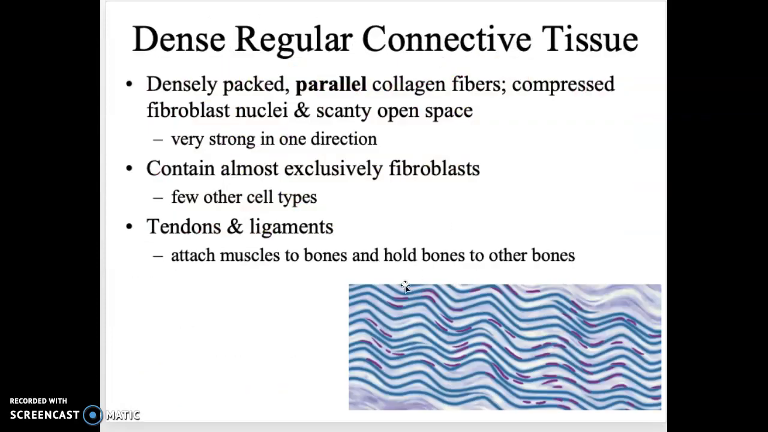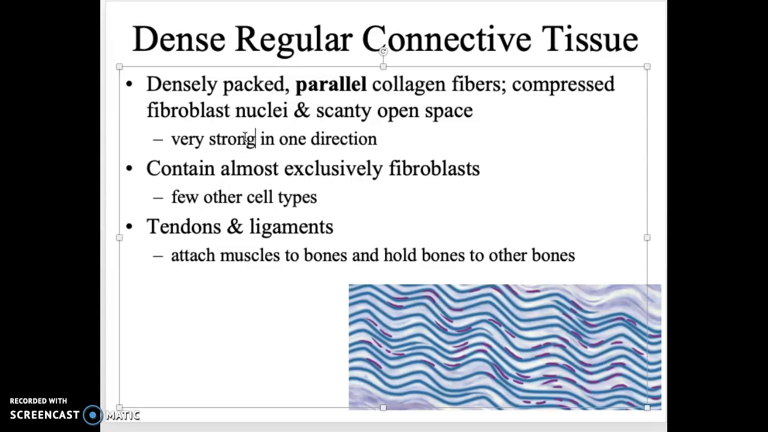Dense regular is nice and pretty, parallel running lines. This allows for a lot of strength. So this is what we find in our tendons and our ligaments that hold our muscles to our bones and hold the bones to other bones. We need a lot of strength here so that we can walk, jump, run around, fall down, and not break